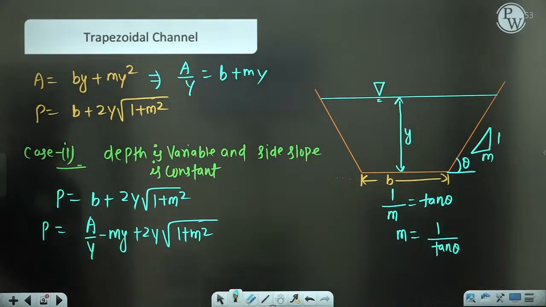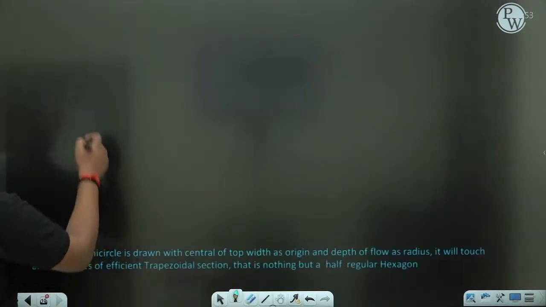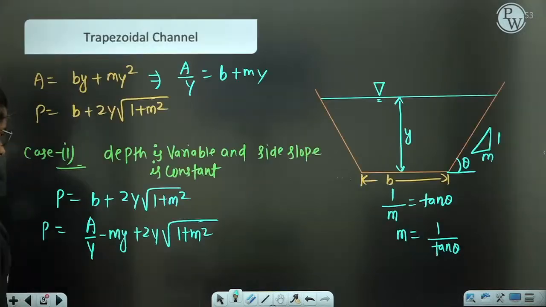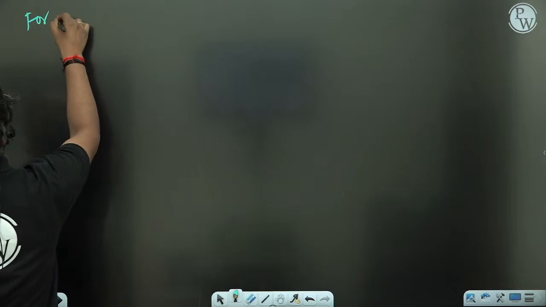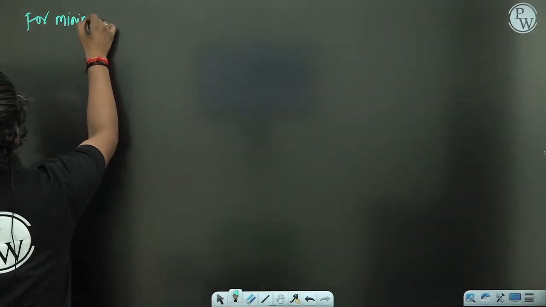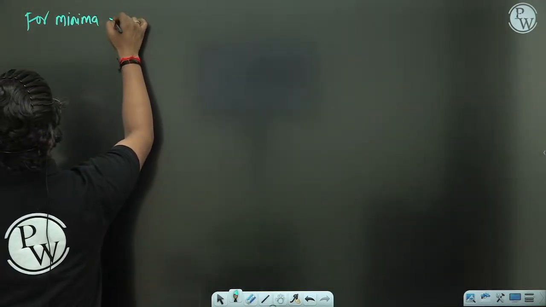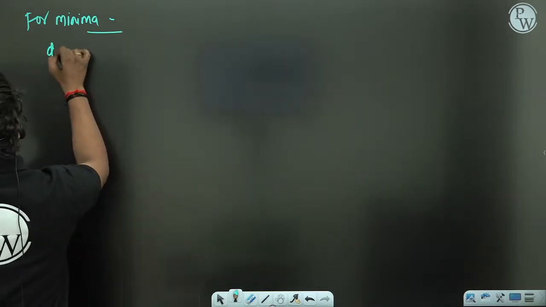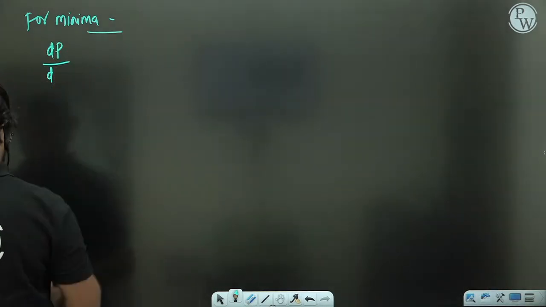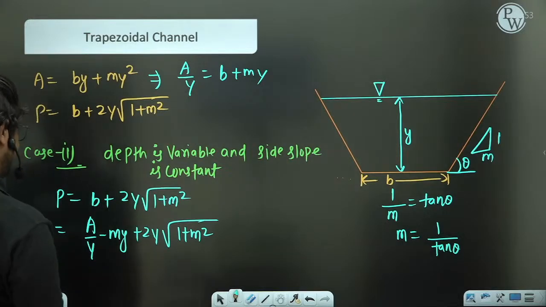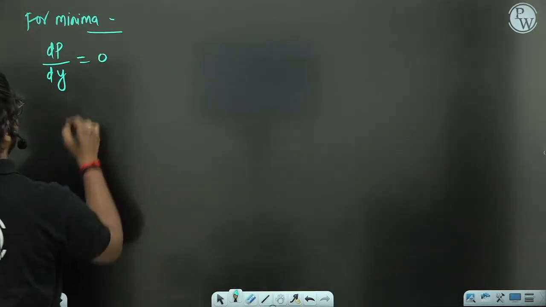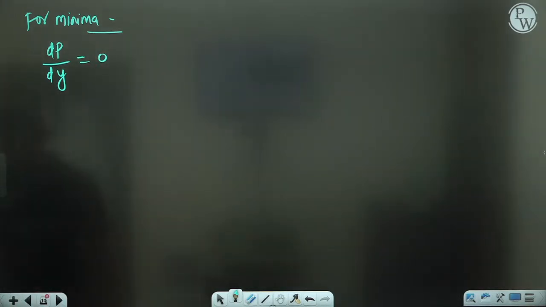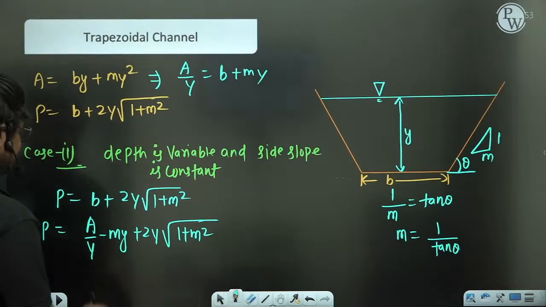Okay. Now simple thing is that here also we are going for the minima, dP upon dy. Here we are differentiating with respect to y basically. So dP upon dy equal to 0 will be there. So if you differentiate this part,